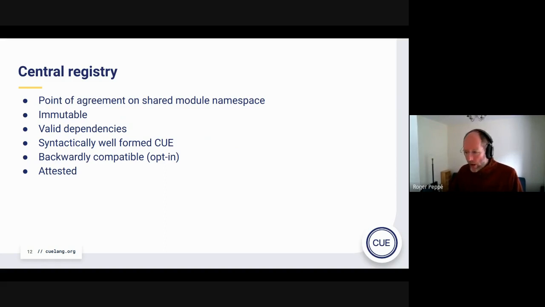So I saw a question go by, which was about the overview of the advantages of an OCI registry. I think it's the fact that it's an existing protocol, it's fit for purpose, it's deployed everywhere, there are lots of implementations. That seems to me a really strong advantage of using the OCI protocol.